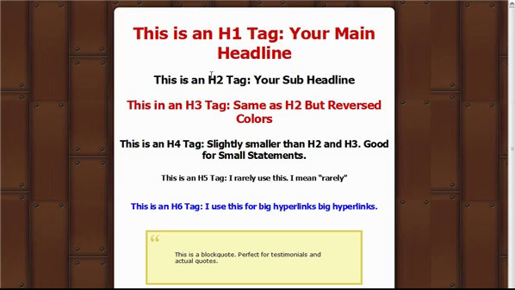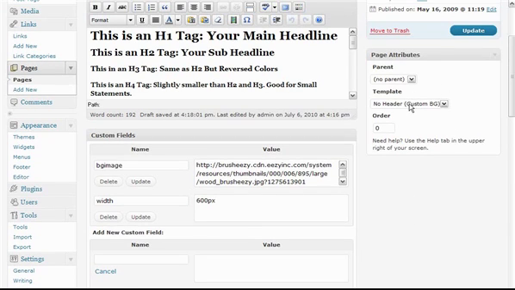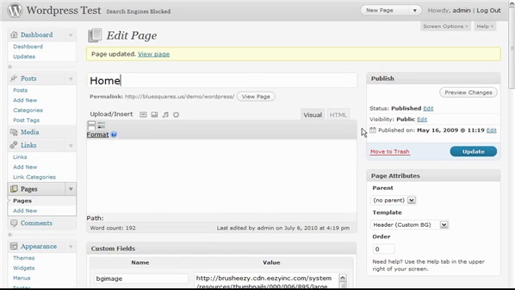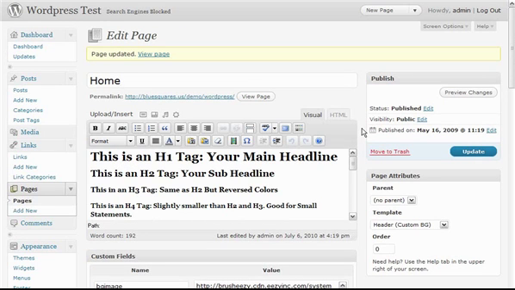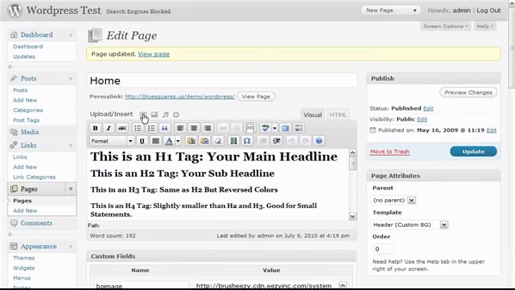Now, one thing a lot of my past customers did ask for was a header. They wanted to be able to put an image up here, so I actually accommodated that in this theme. And you'll notice here on the right, I have an area that says template, and if I choose header, custom background, and if I update this page, I'm going to show you how I insert these headers. Now keep in mind, I can't create the headers for you, but once you create a header, all you really need to do is click on this little button right here